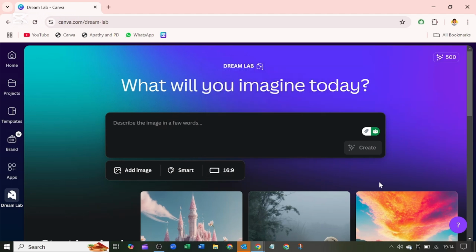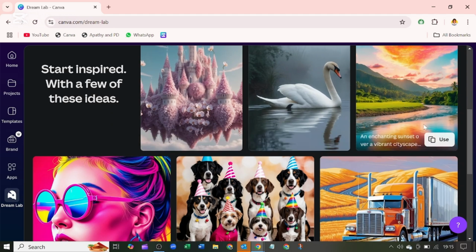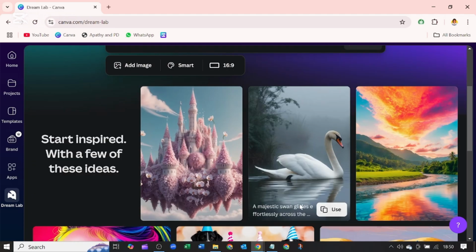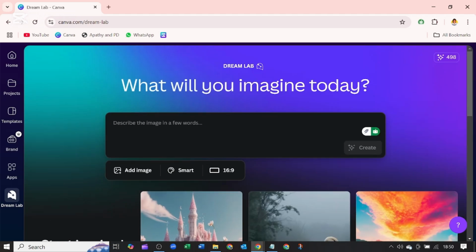So if you scroll down here, you will see start inspired with a few of these ideas. You have all these images that have been generated by Canva. You can copy any of these prompts by just clicking here that says use, and use the prompts to generate what images you want. But me, I'm going to go ahead and paste the prompt here,